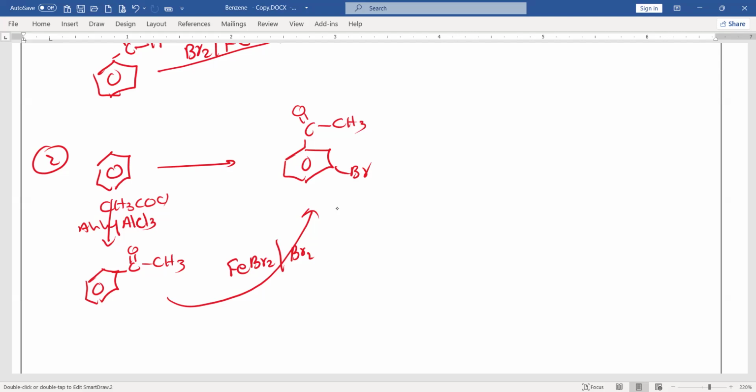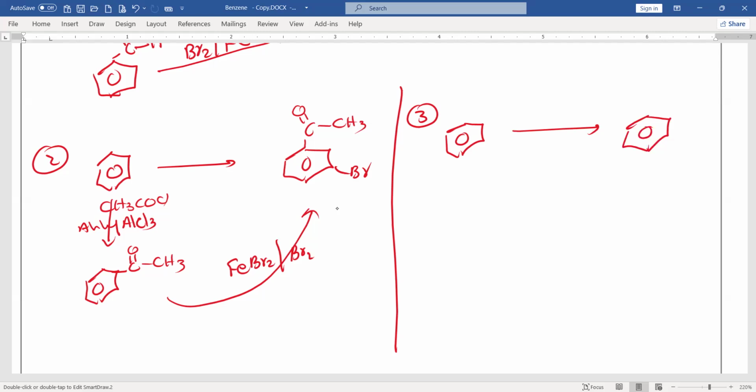And the third one, just the extension of this. You have just to extend this. You can now add to this just to get the third. Okay, I will do it like this. The third one. Again, if you first add this alkyl group, then Br will go to ortho para position. Again, if you first add the Br, then the next group will go to the ortho para position. Therefore, what you need to do is like this: